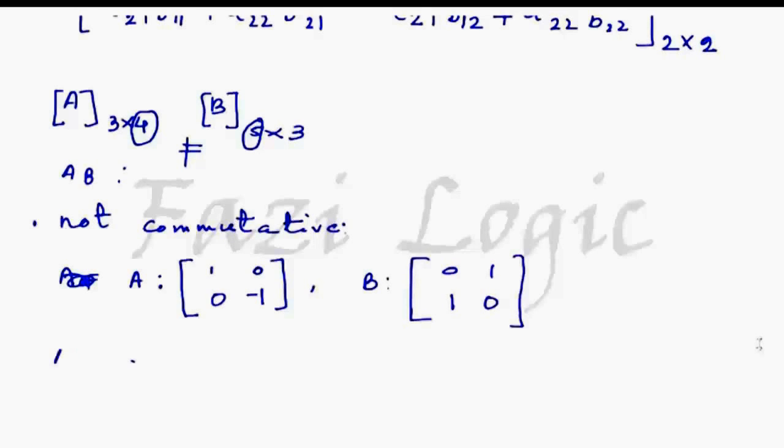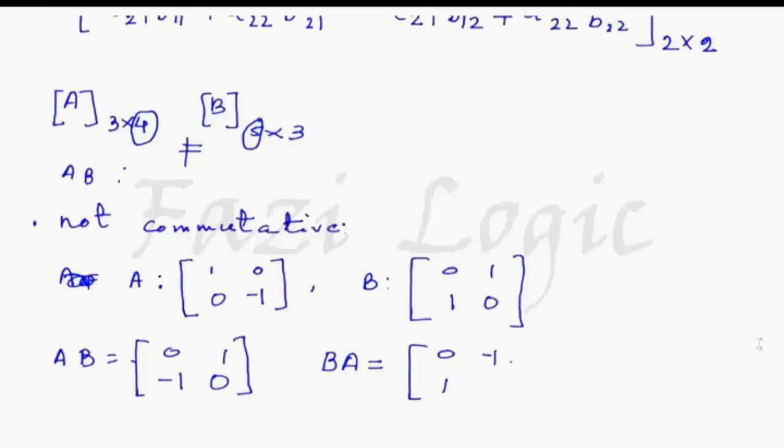Now AB is 0 1 minus 1 0 and BA is 0 minus 1 1 0. Here we can